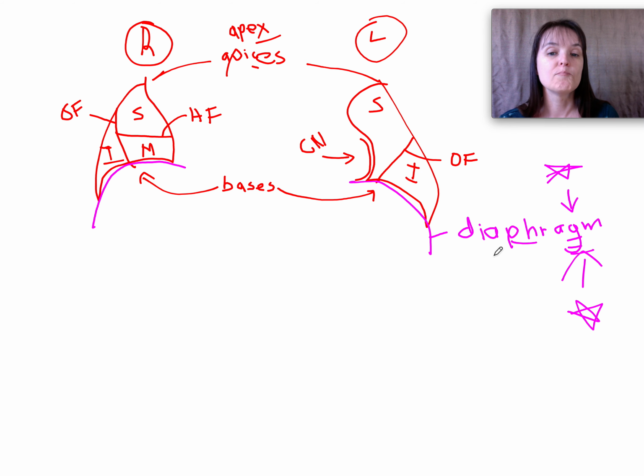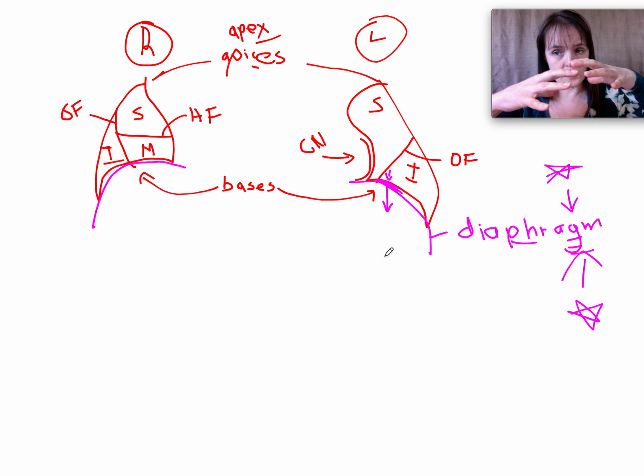Sneaky silent letter of the diaphragm. So the bases of the lungs are literally suctioned to the diaphragm. And that's how, plot twist, things you're going to learn that I'm not supposed to tell you yet. When the diaphragm moves down, it's the suction between the diaphragm and the lung that pulls the lung down with the diaphragm. And the diaphragm is a dome of skeletal muscle, and when it contracts, it gets smaller, which pulls